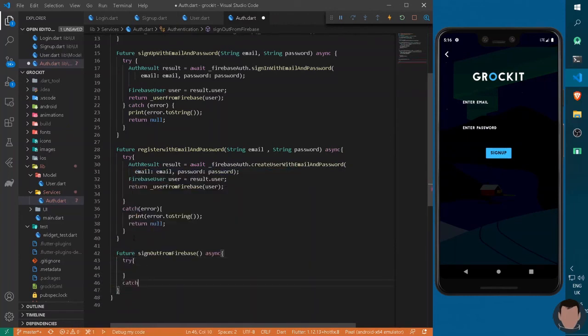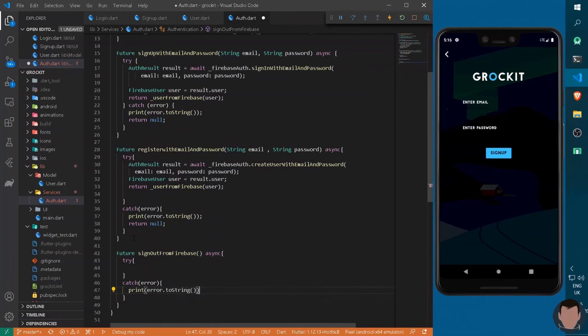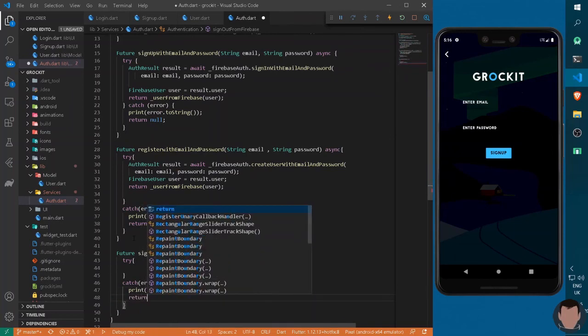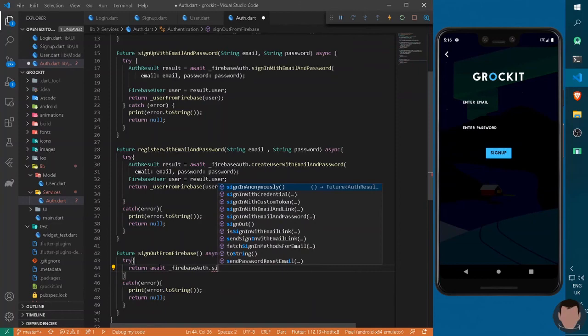Now I can catch an error here and I can simply print the error again and return null. Now this try block will simply return, under the await statement, FirebaseAuth.signOut.